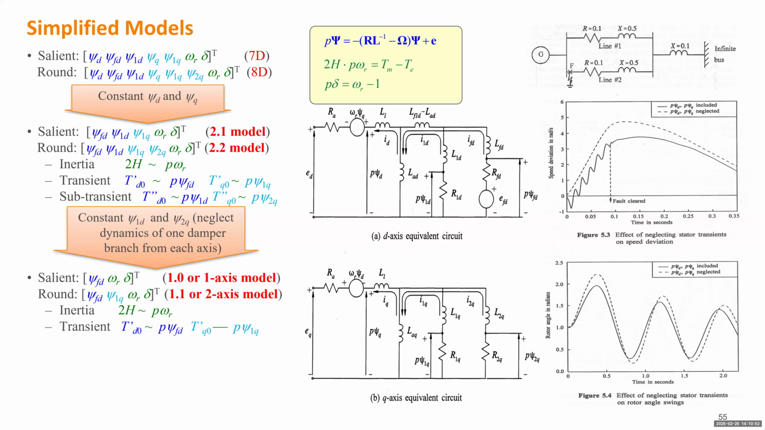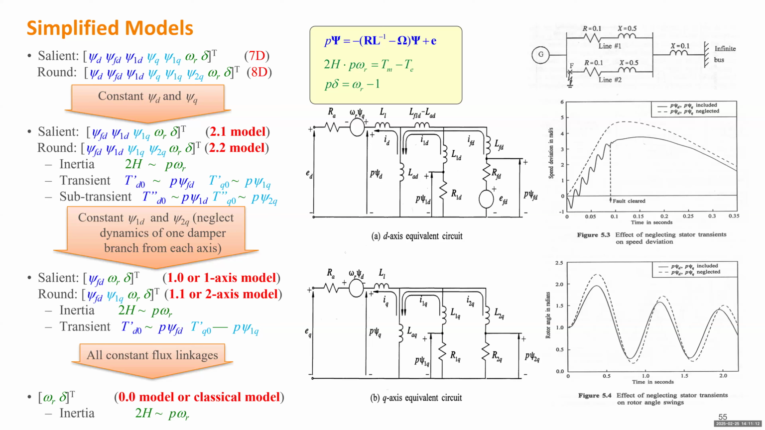But unfortunately, in reality, most generators are round rotor generators. You definitely need to consider the 1.1 model, the two-axis model. The two-axis model is a very popular model for power system people if you don't want to bother studying the 2.2 model. All right. Finally,